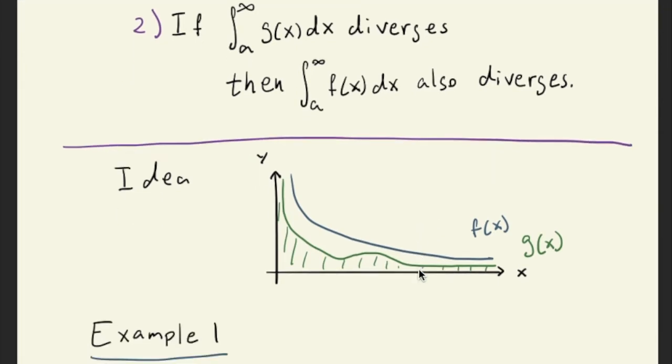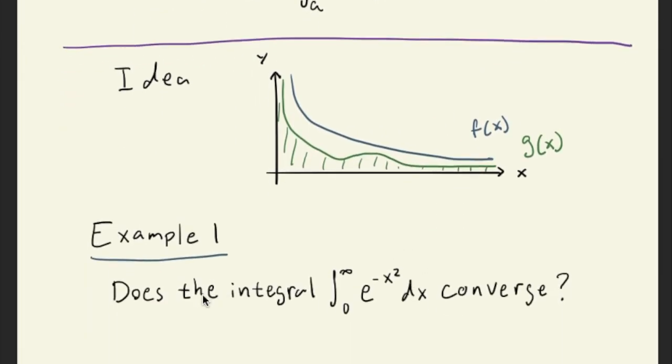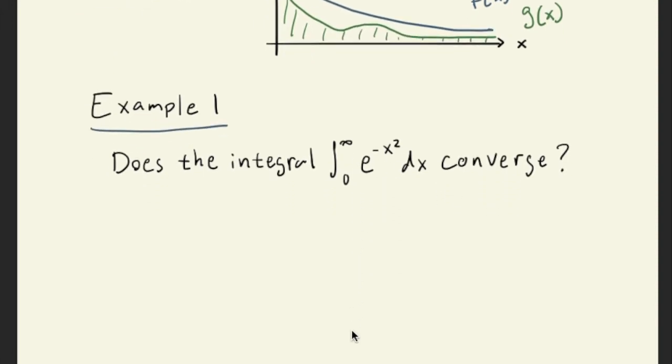Well, let's use this in an example to see how it looks, right? So does this integral converge, the one that we were talking about, the Gaussian? And so you need to try to compare this to a simple enough function. And in fact, it's a little bit hard to find this function from 0 to infinity, but what we know is for x greater or equal to 1,